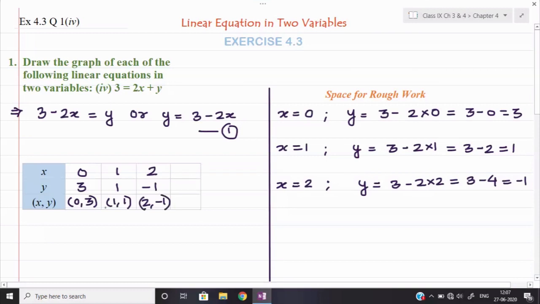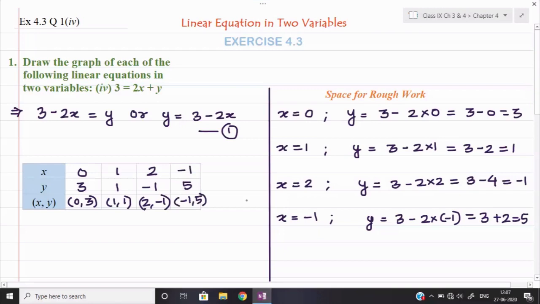Now, one more value is required in the question. So, suppose if I take x is equal to minus 1, for example. Okay. So, value of y will be equal to 3 minus 2 into minus 1. Okay, because value of x I am keeping minus 1. Now, minus minus will become plus and 2 into 1, that will be 2. This will be 3 plus 2 is equal to 5. So I can say that if x I take minus 1, value of y will be equal to 5 and my coordinate will become here minus 1 comma 5.